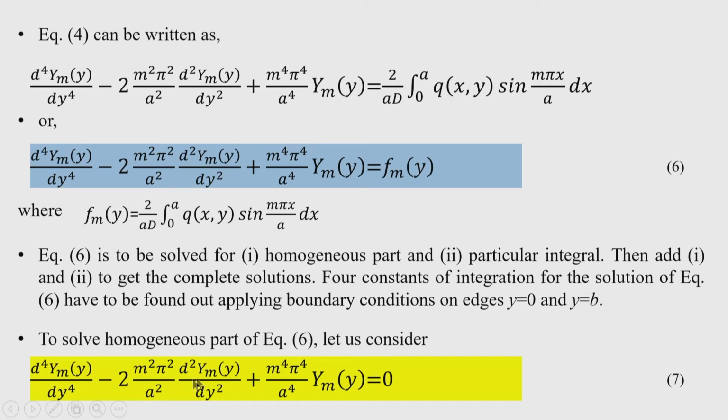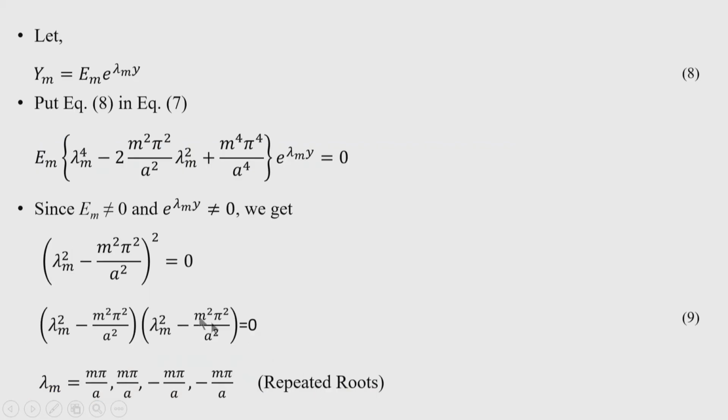Okay. So, after substituting the derivatives of the assumed y m here, we get a characteristic equation of this form, where E m is there and will also appear here. Now, you can see that E m should not be 0 for a non-trivial solution, otherwise we will not get any meaningful result or cannot go forward with the solution of the problem, and e to the power lambda y 0 is also non-zero. So, the expression inside the bracket is 0.